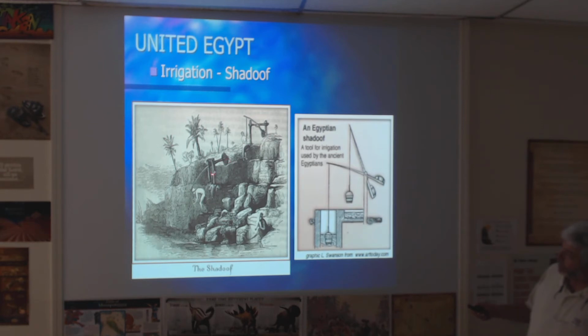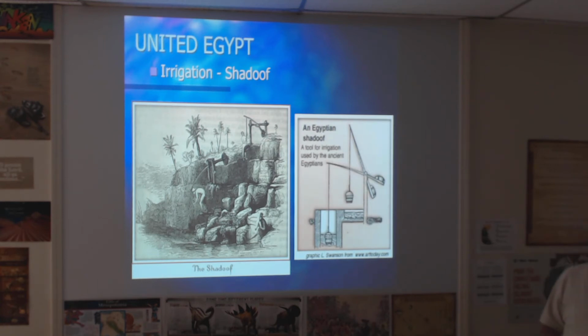It's weighted on one end, and the pole goes down, and there's a bucket, and they're able to put water in, and then the weight will pull the water up, and they can turn it and dump it into the next bucket or into the field. Here's a drawing of it. You can see here's the weight. The bucket goes down, gets the water, is brought up, and it's swung around and then dumped wherever they want it. They call it a shadoof. Any questions? You see how that works?